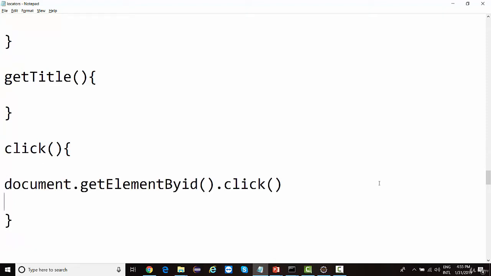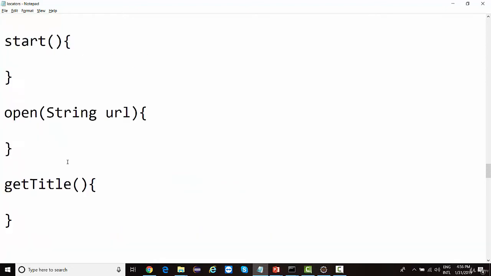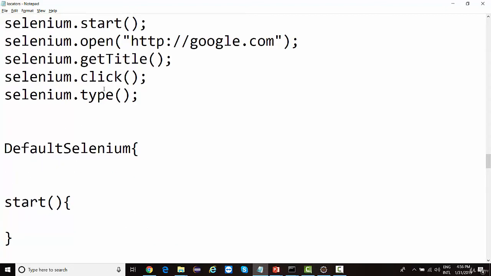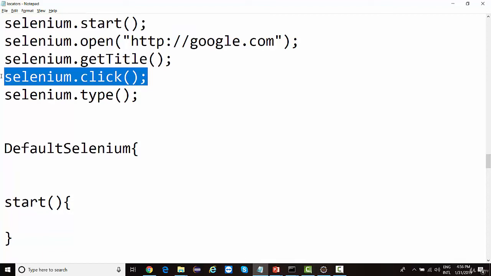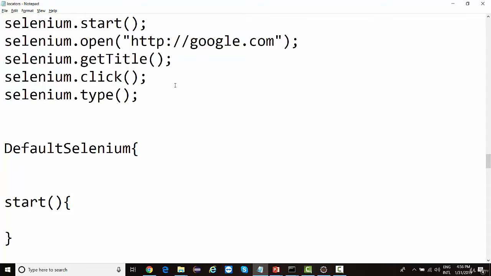So as a tester, as an end user of Selenium, you need not worry about what is written inside the click method. This is for the developer who has created it. As a user, you'll just be calling this and it will perform the same task. That is how all the methods in Selenium RC work in the same way.